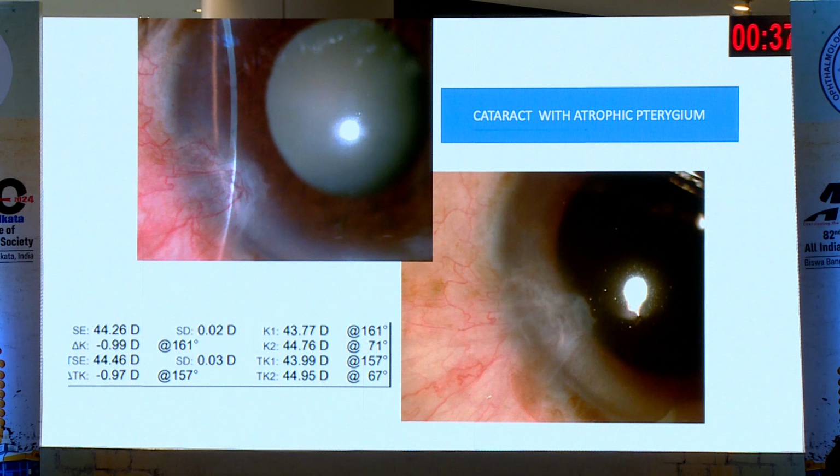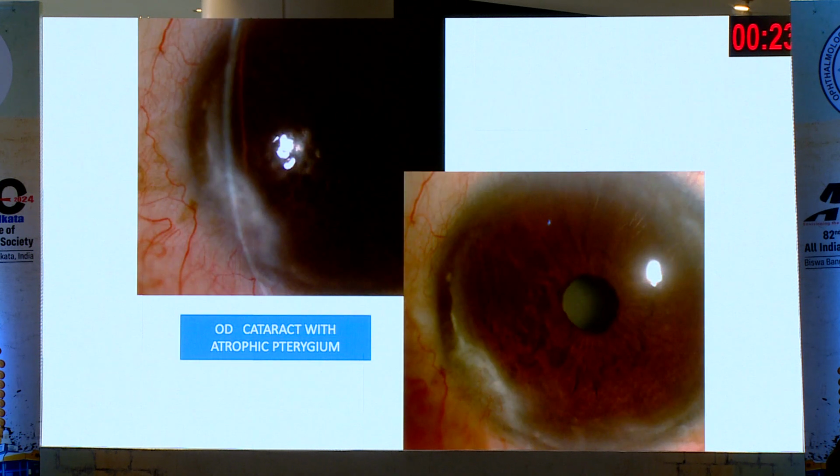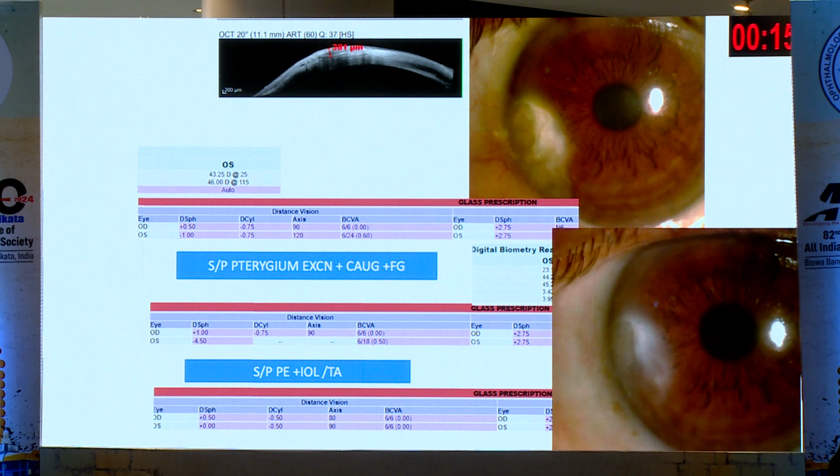Another thing which is not strictly a corneal degeneration, but because it extends onto the cornea, is when you have a pterygium encroaching onto the corneal surface. If it is atrophic and there is not much fibrovascular degeneration, then you deal only with the cataract, like in this case. When there is an atrophic pterygium, but not much astigmatism, you can deal only with the cataract and leave the pterygium alone. But if it is increasing the corneal astigmatism, then you need to do a sequential, staged procedure in which you do the pterygium excision followed by the autograft and the fibrin glue, and later, once the surface is stabilized, then you deal with your cataract surgery